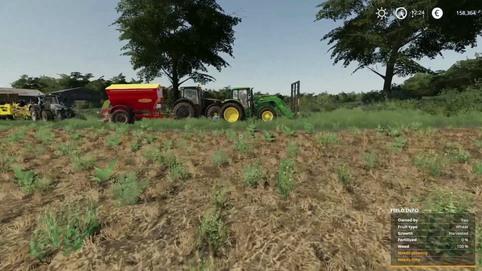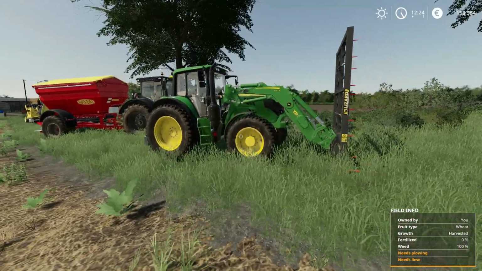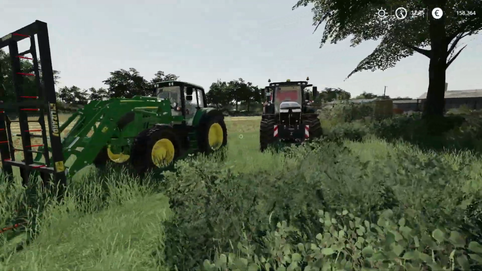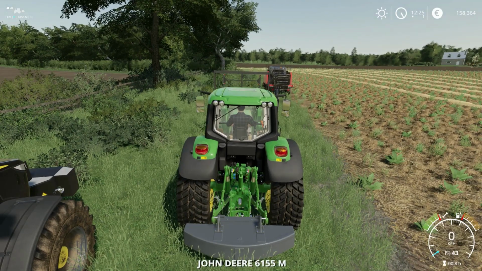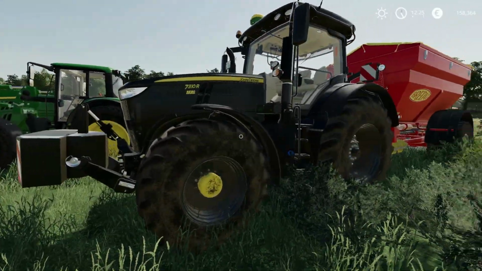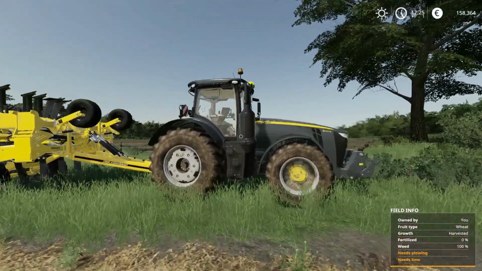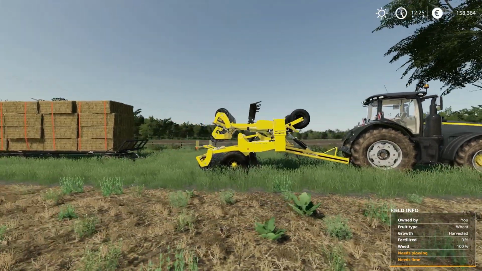Previously we had a John Deere 6. I swapped that out for a smaller 6. This is a 6115, I want to say. Let me go on the right side. Make sure I got the right number. This is a 6155, and I did put the council tires on it. And then we also got a 7310. We got a broadcast spreader, which is full of lime at the moment, and then we also got a big 8 series, and we're going to use that to pull our subsoiler and do some other heavy chores around